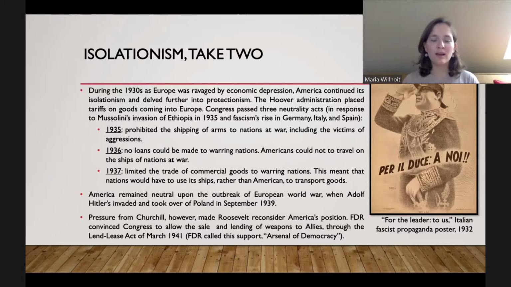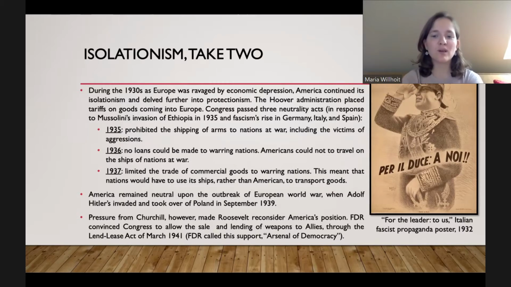He takes it over in September 1939, and England then declares war against Germany. So even when our ally, Great Britain, joins the fight, we stand back. But we'll see later on how we can't do that. And I will say, even though Roosevelt was isolationist at first, he's not totally deaf to pleas or cries for help. He does hear pressure and calls for help from Churchill, Winston Churchill, and he doesn't quite yet want to put American troops on the ground, but he does want to help allies.